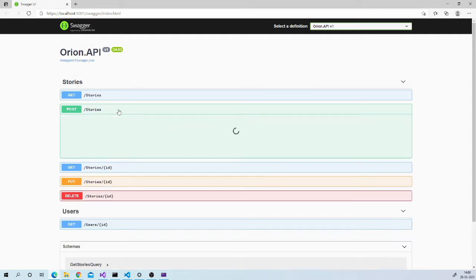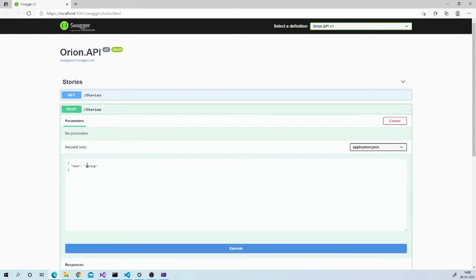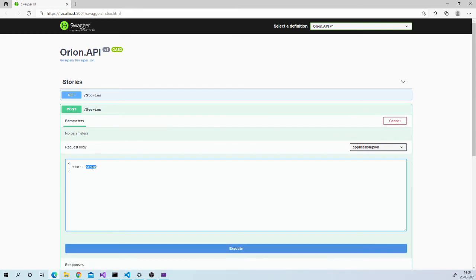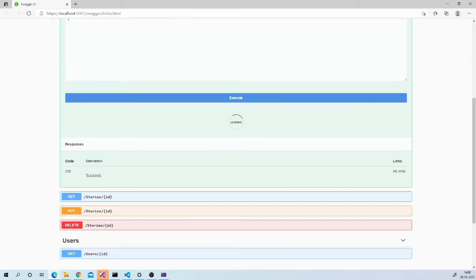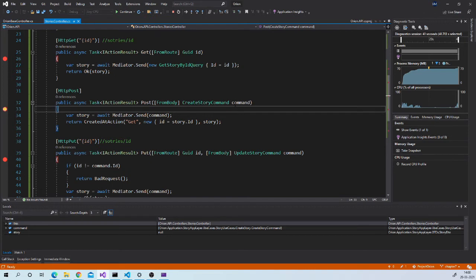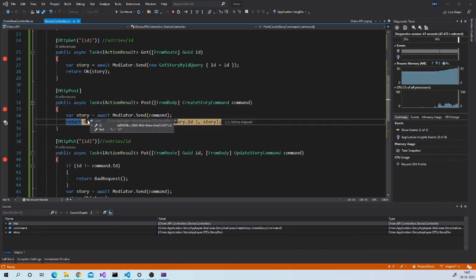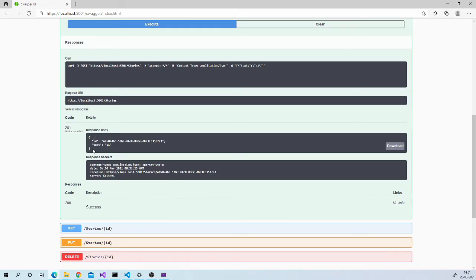Let us try to create story. It's hitting our action method. Hover your mouse over the command to see if data is binding properly, and you received story DTO and it created this resource.